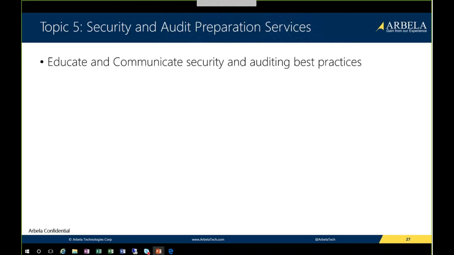So moving back to services, right? So we come on site or we work remotely, depending on what you prefer, and we basically walk you through AX security, right? And the best practices around AX security and making the auditors delighted or satisfied with what you have set up and how you track it.